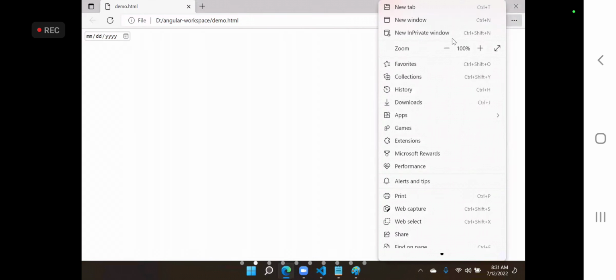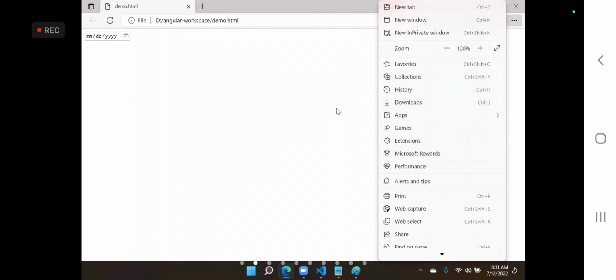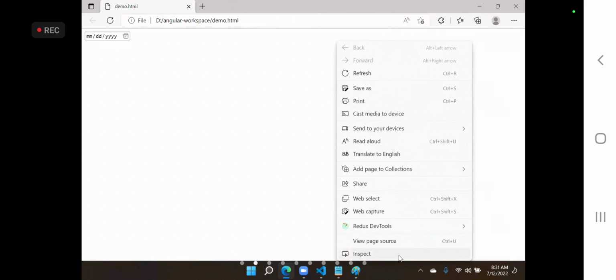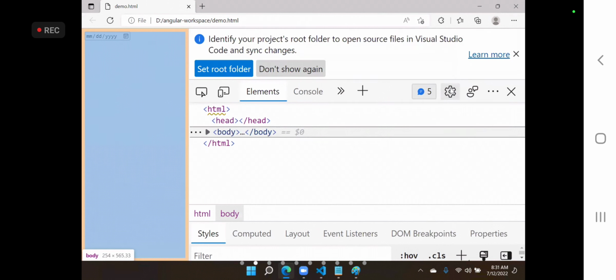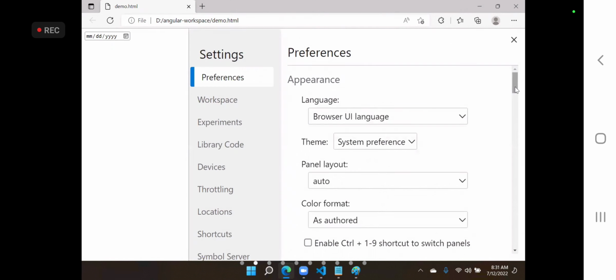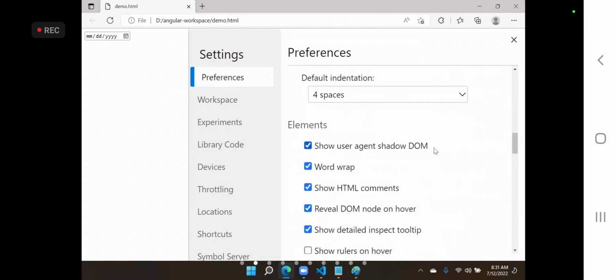And you can see, I will go to the settings here, developer tools. You see, actually, when you look at this design, you can observe clearly here that